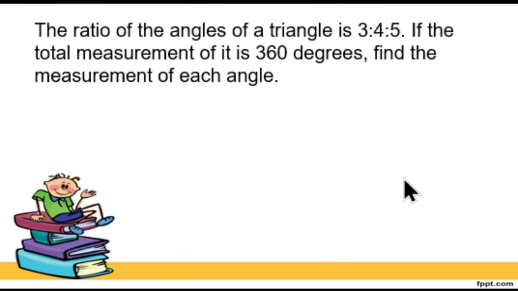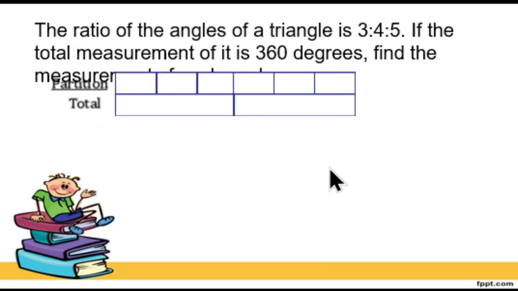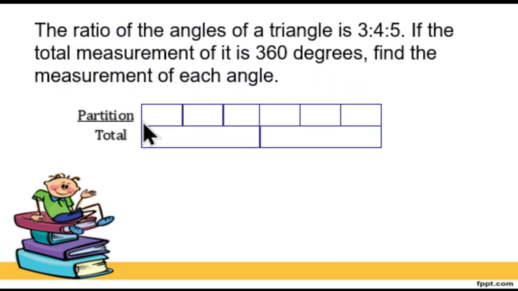You have the ratio of the angles of a triangle, 3 is to 4 is to 5. If the total measure of it is 360 degrees, find the measurement of each angle. Okay, so write this. We have 3 is to 4 is to 5, and the sum is equal to 12. And let's name each angle A, B, C, which is equal to 360 degrees,